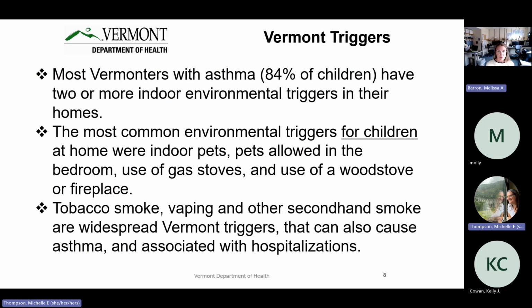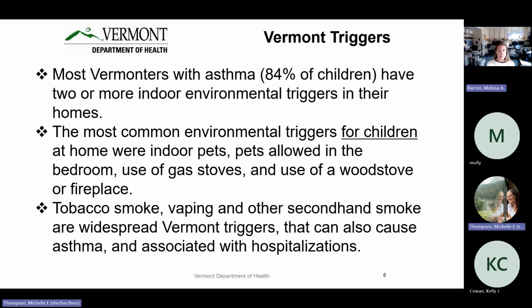So this is kind of just some more fun facts about everything. Most providers with asthma, so 84% of children have 2 or more environmental triggers in their homes. That's quite a lot. The most common triggers for children at home are indoor pets, pets in the bedroom, gas stoves, and wood stoves. And then we haven't even taken into consideration the whole tobacco smoke, vaping, and other kinds of factors that these kids are exposed to as well,